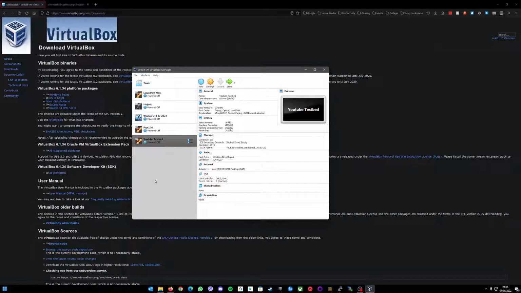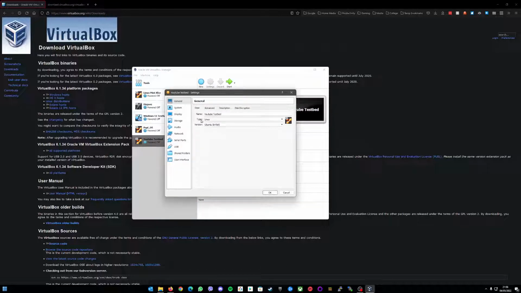Okay, for a start, we haven't installed Windows yet. We haven't actually installed any operating system yet, and we can make some changes and install various other things if you'd like. But for now, we're just going to click into settings, and we're going to go through these very quickly and just choose what we need, nothing extra. So the type, this should say Microsoft Windows. Not sure how it changed over to Linux, but let's not worry about that. And Windows 10